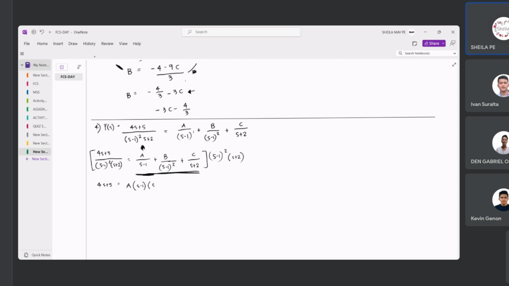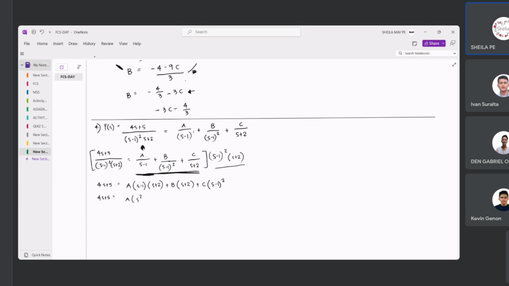Okay, parisan nimo ni s plus 2. Okay, plus b, sa kuyog ni b. Ang denominator ni b is s minus 1 squared. I-divide ni mo ani, so basically, ang habilin ni b is s plus 2. Plus c, which is s minus 1 squared. Kaya denominator ni c is s plus 2 man. Okay, now simplify